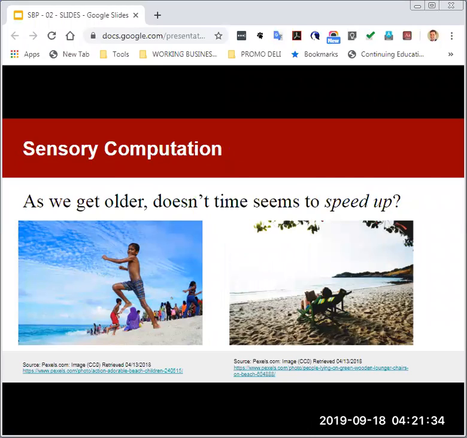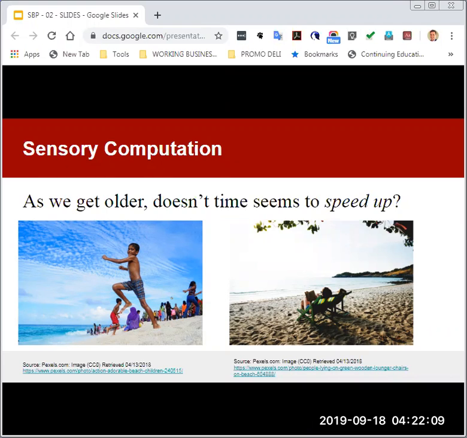As we get older, doesn't it seem like time speeds up? When we're kids, when we go to the beach, we love to do everything. We love to see the sand. We love to feel the sand. We sometimes like to taste the sand. If you've ever taken a kid to the beach, they're in a world of excitement because there's so many new senses. Oftentimes, as we get older and we've been to the beach many times, a day can speed by because we're used to what the beach feels like and smells like and sounds like. And oftentimes the day will just slip by very quickly.